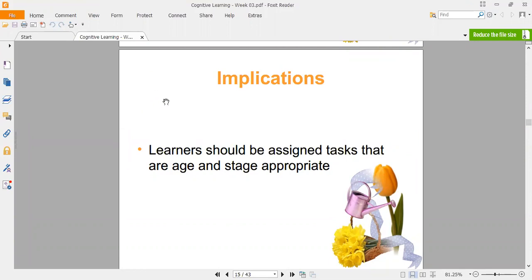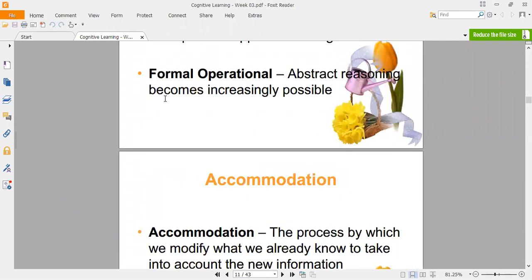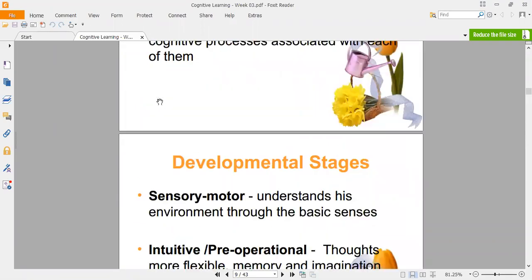This is what I have told you, right? Learners should be assigned tasks that are age and stage appropriate, right? That means age and stage appropriate. So because of that, you need to make sure that whatever they are learning, at that level the kid has the ability to understand it. Because again, I'm going back, according to his theory, he said